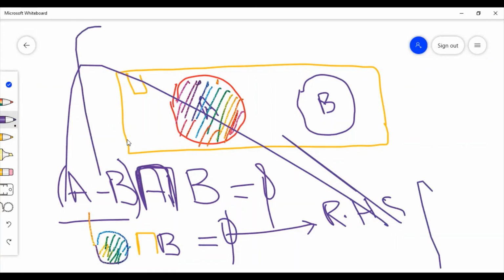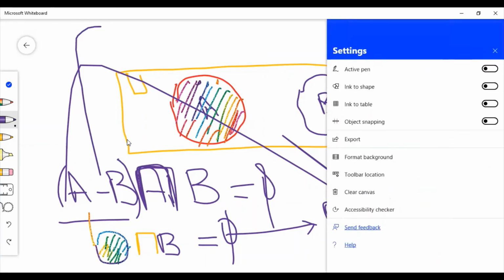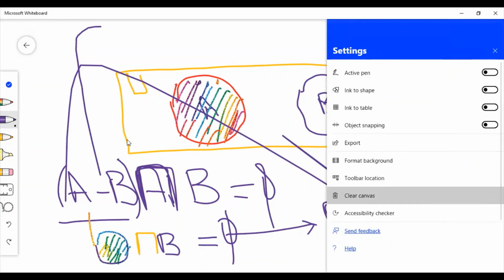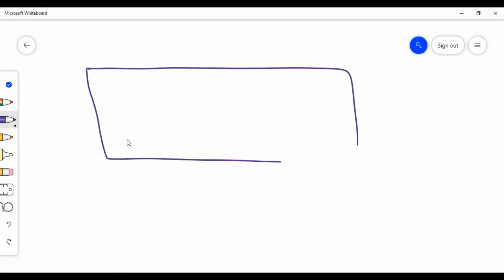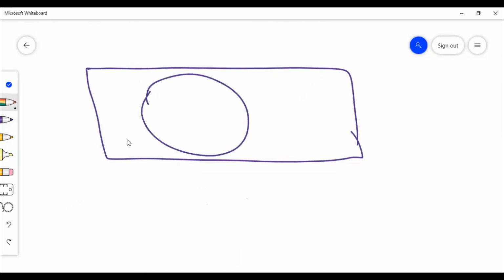So any other problem? No. I'm sure that you must not have any concern about that. So if the problem comes in the test or in the paper, what you will have to do is just this: let's suppose this is the universal set and there are two sets which have some portion in common. What I mean to say, this is a common area.